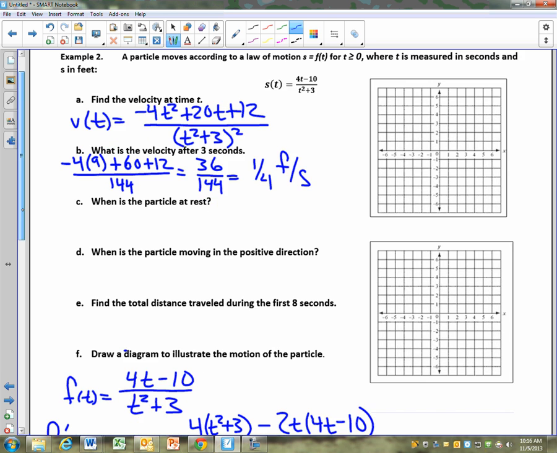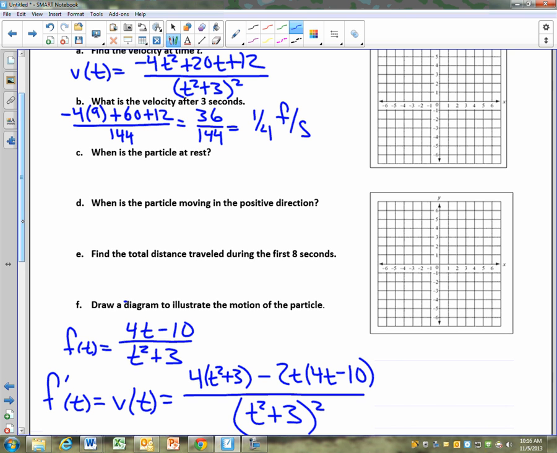So when is the particle at rest? I don't have to worry about the bottom. I take the top and simply set it equal to 0. And what can you factor out of the top? A negative 4. Negative 4 times (t squared minus 5t minus 3). Does that factor? No, it does not. So if it doesn't factor, what do I have to use? Quadratic formula. Fortunately for you, you put that in on your calculator, and you get t is equal to,